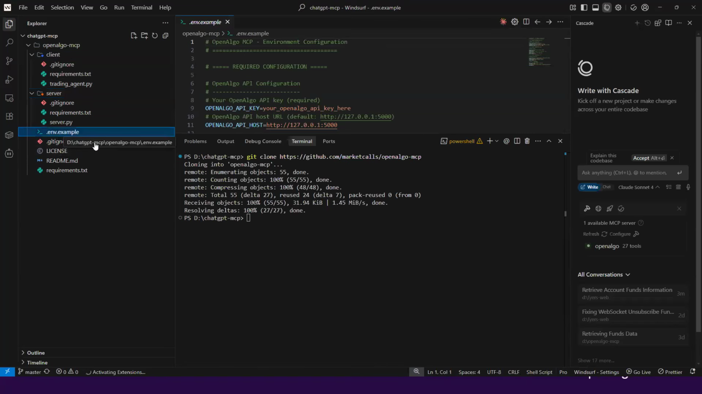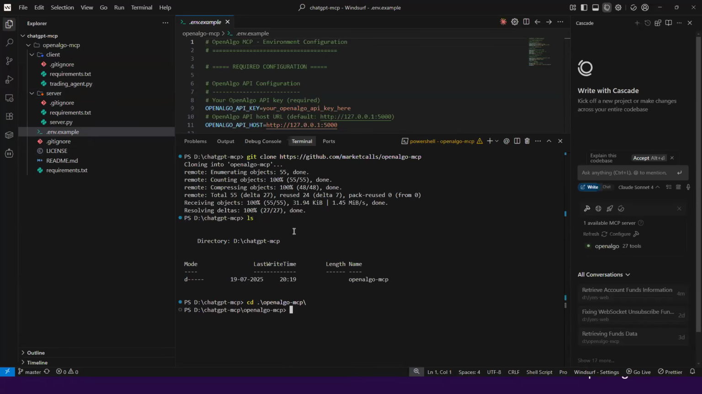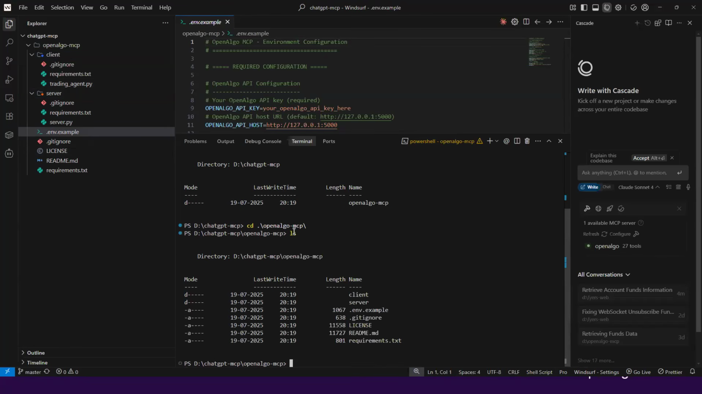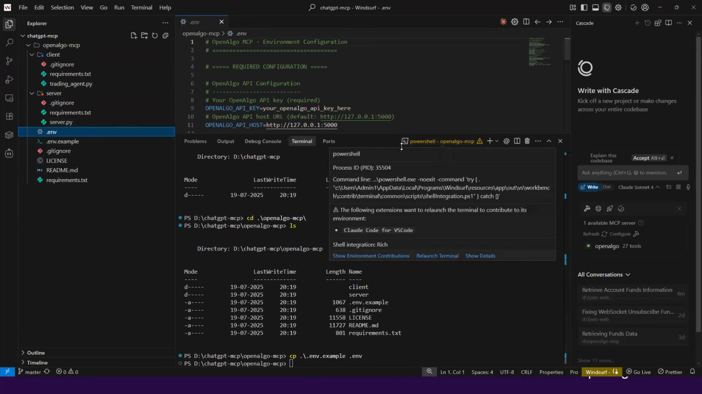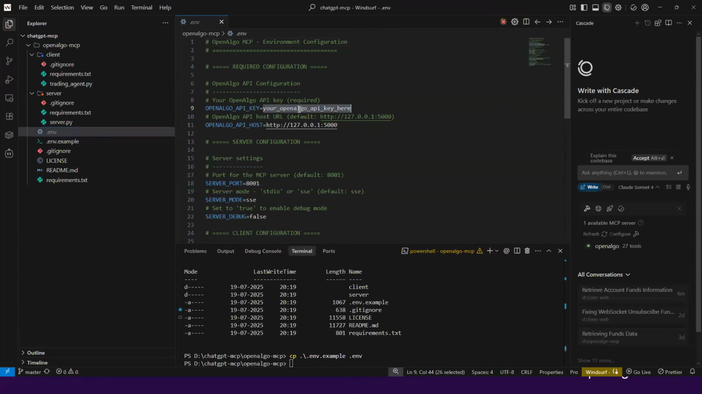There's an env file. So we have to copy the .env file. Just let me check. First I'll get into the OpenAlgo MCP folder, and then copy the .env.example file into a .env file. Now in this .env file, I have to keep my OpenAlgo key and also my MCP server port. Let's say the MCP server port, I'm going to run at port 8000,